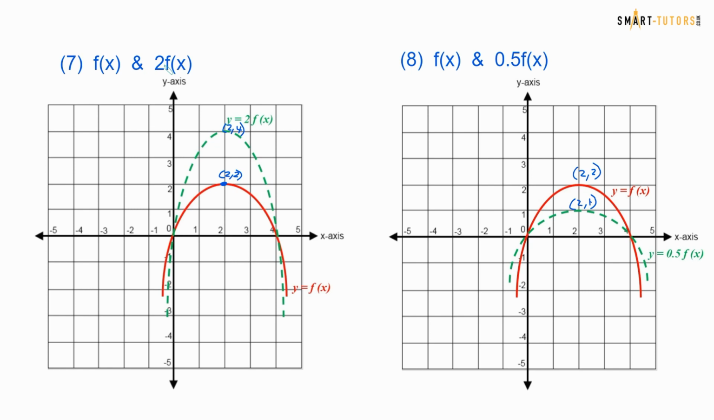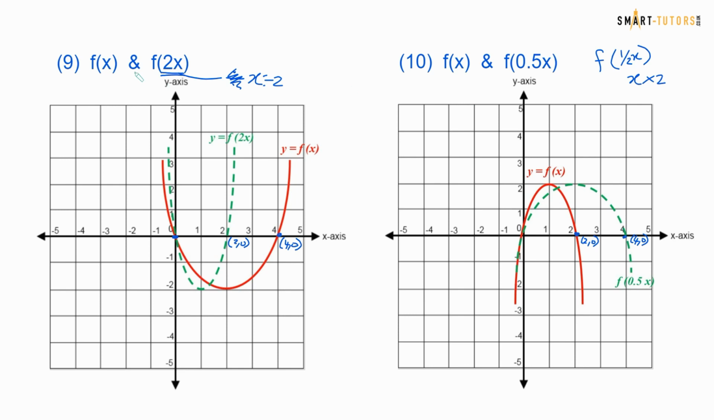Number 7, if the number is coming outside, the y coordinate is times by that number. If the number is a fraction, so half or 1/3, the y coordinate is going to be divided by that number. So half means 1/2, divide the y coordinate by 2, which is 1. X coordinate no change. The last, 9 and 10, is the number coming inside the bracket, you need to do